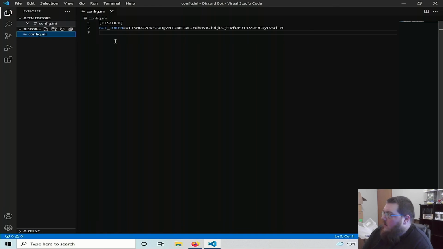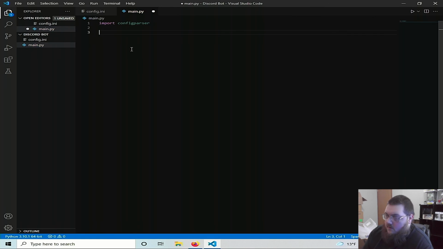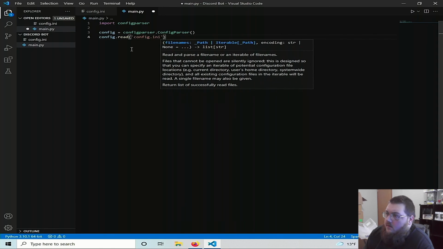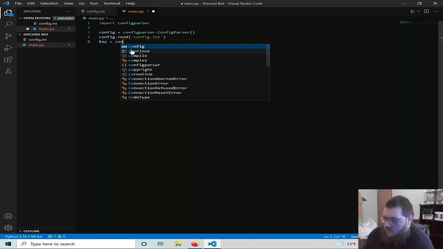We're going to call this main.py. And we're going to go ahead and import config parser. So again, same thing as before. Config equals config parser dot config parser. config.read config.ini. Key equals config,